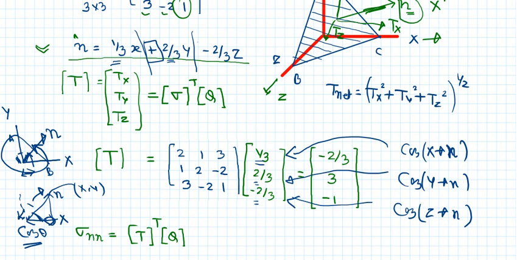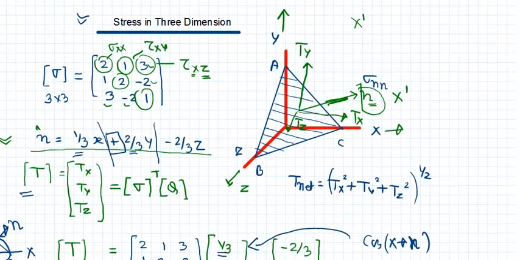So if you have a normal vector, you just take this 1 by 3 as a cos component, that is the cosine of the normal with the x direction. This is the cosine of the normal with y, and this is the normal with z. Okay, so how do we calculate the traction force? First we have to find out what will be the traction force acting on this ABC plane in the x direction. So I have written this Tx. What will be the force in y direction, what will be the force in z direction?